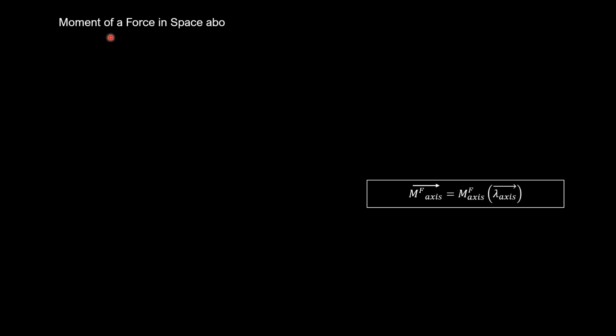So I recall moment of a force in space about a point first. Remember, we have here the plane of the force. Let us say one point of application of the force is at B and the moment center is at A. So we have to define from the moment center to any point of the line of action of the force, the position vector RAB. And remember the moment of F about an axis through point A,